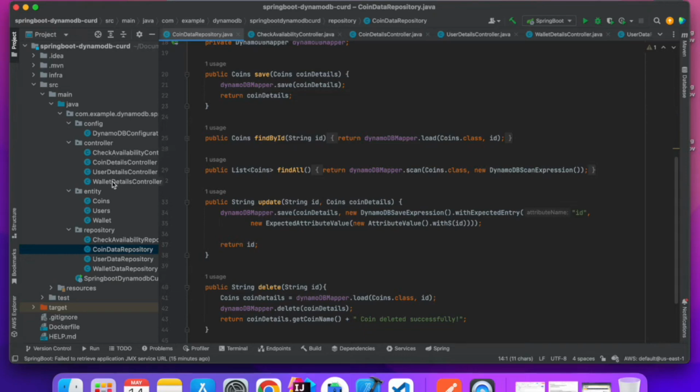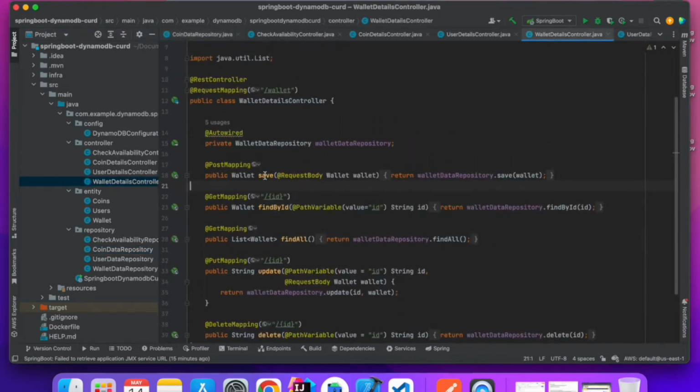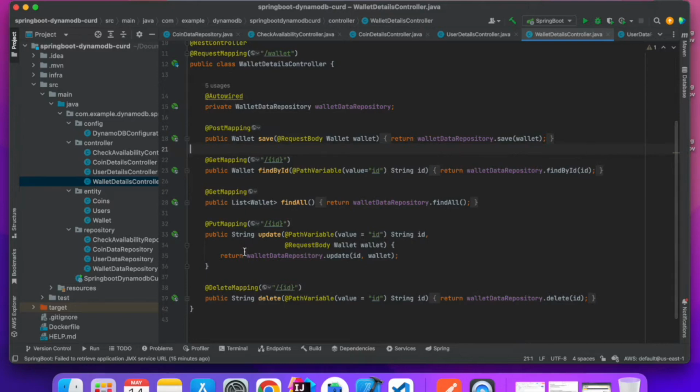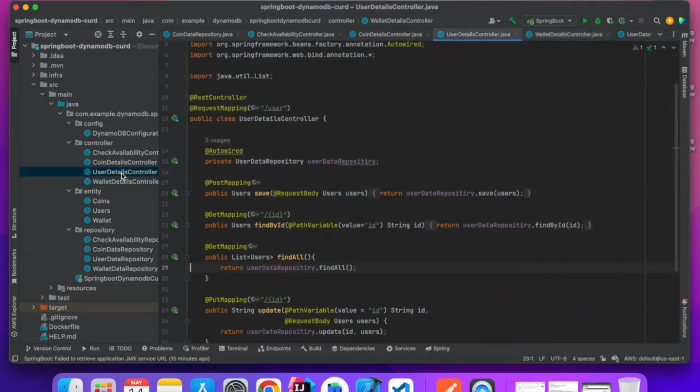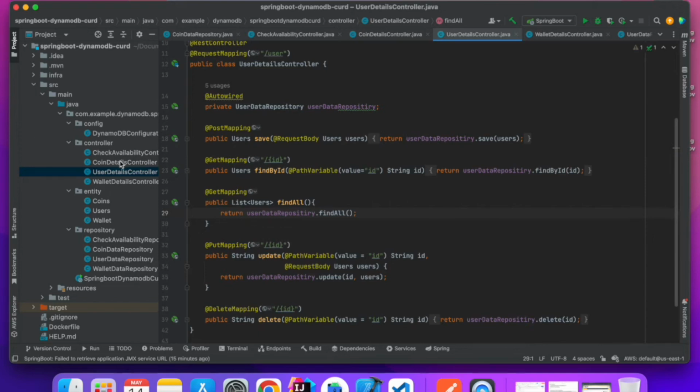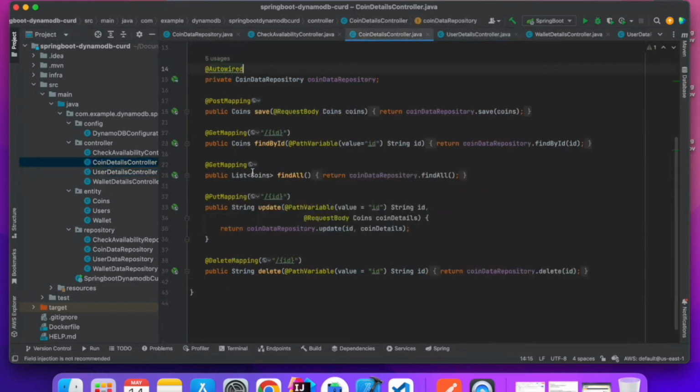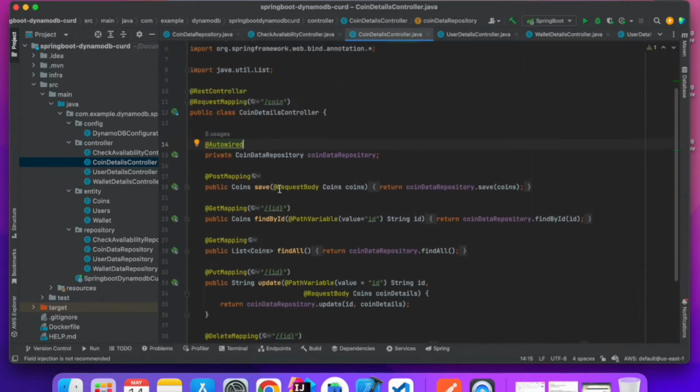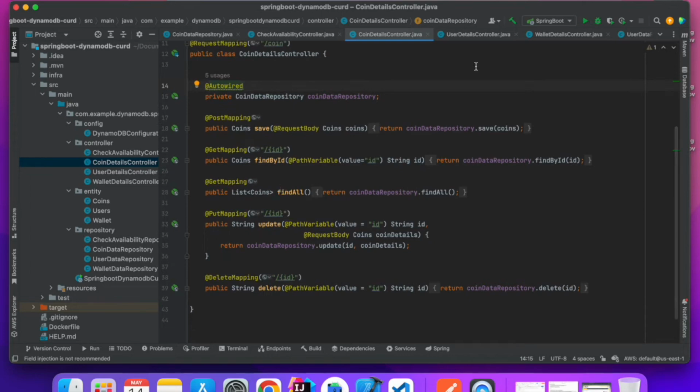If I move to the controllers, you can see all the controllers are there. I'm mainly using the post, get, and put mappings, and you can see each of these services. This is the Spring Boot application, so it will provide all the coin details, user details, and the wallet details to the users. And if I run this,